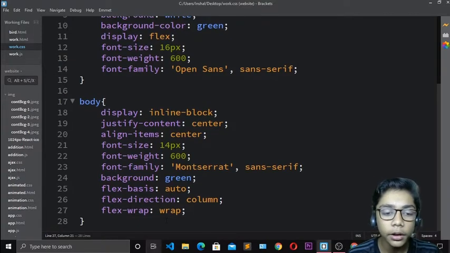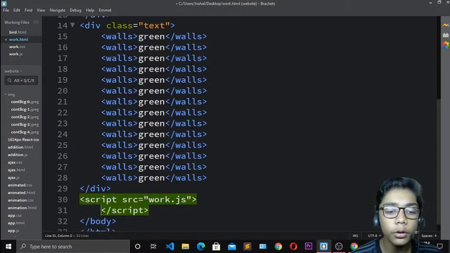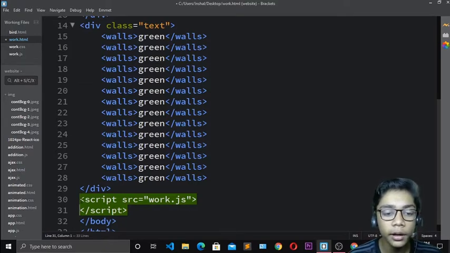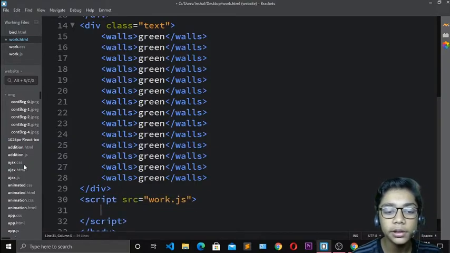And now you have to go to the HTML file, and here we have to do our work with our JavaScript. Okay, so here I have already linked my JavaScript sheets. If you want to add your JavaScript code, you can write it in your HTML file, but I'm making another file, so I will not write the code there. Okay, so I will show you how to write the code over here.